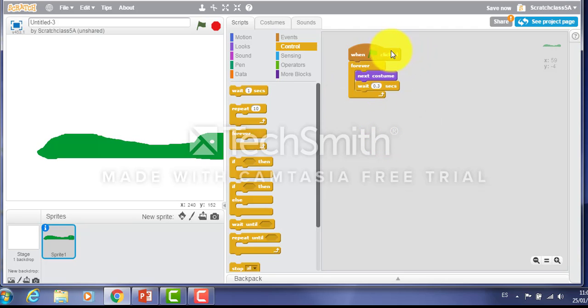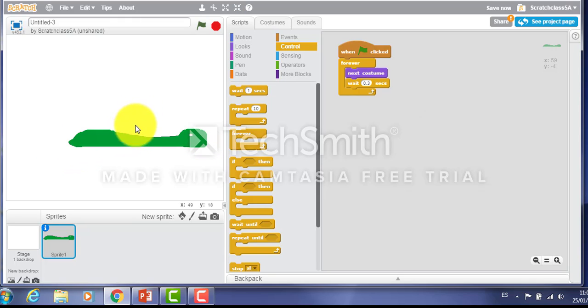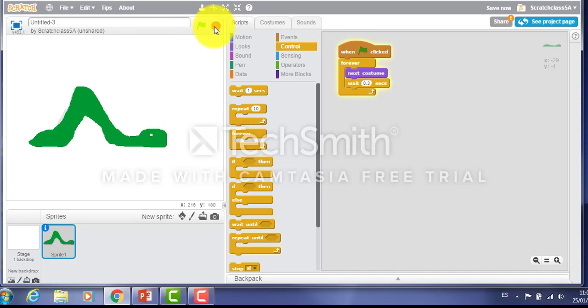There it is. So that's all it takes to make this worm move. Just gonna move it to the center, and there it is. That's our worm moving. Going to stop the animation,